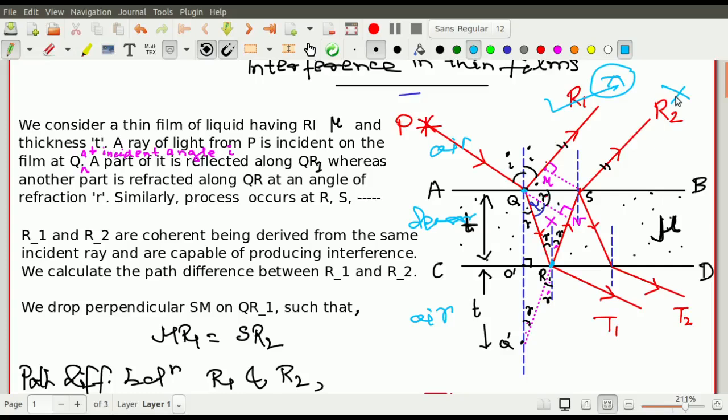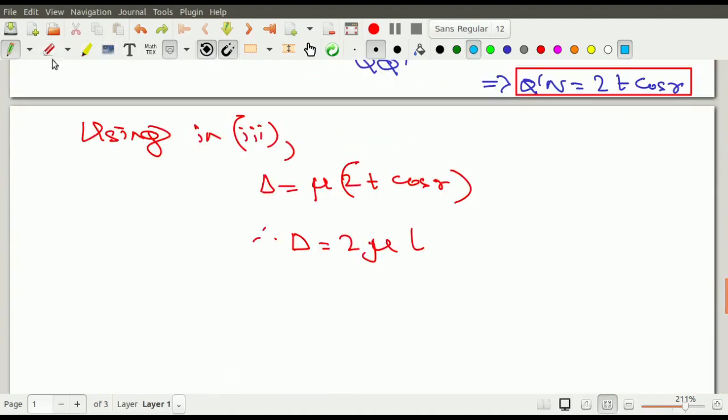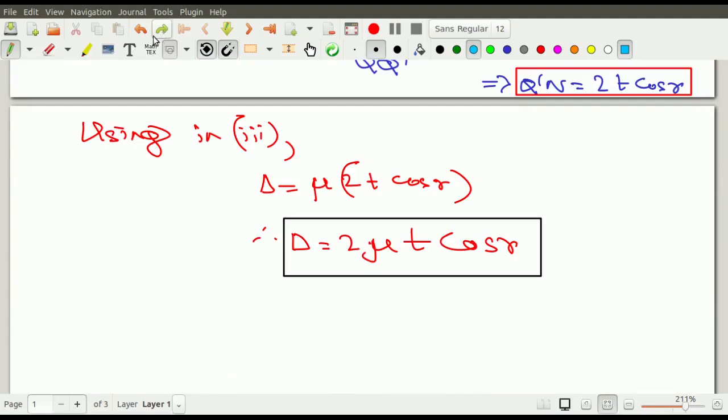তাহলে R1 এর সাথে কিন্তু একটা extra phase change তোমাকে লাগাতে হবে. You have to put an extra phase change with R1. R1 এর সাথে একটা extra phase change তোমায় কিন্তু দিতে হবে. So you write it within the note. So a few points to be noted over here. So প্রথম যেটা আমরা লিখবো সেটা হচ্ছে